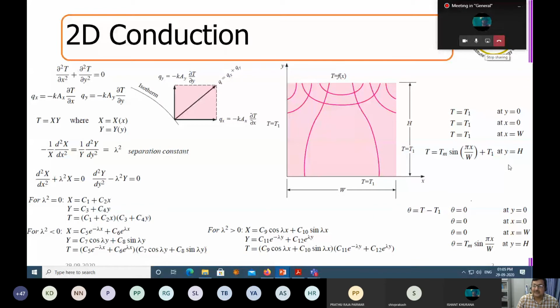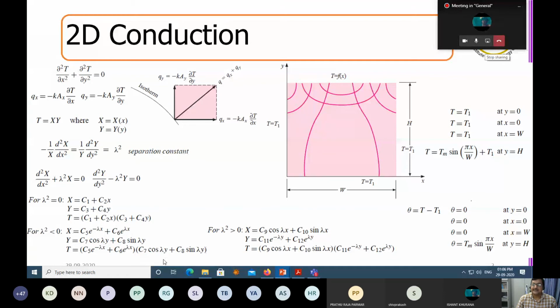This becomes very important, because the moment you convert T to theta, in terms of the temperature difference, you can put a lot of constants to be zero. That is where you gain a lot of advantage, doing much less algebra in eliminating some of the constants. Please remember that whenever problems are framed, if you give this sort of transformation, that helps.